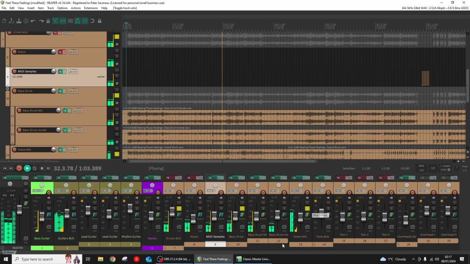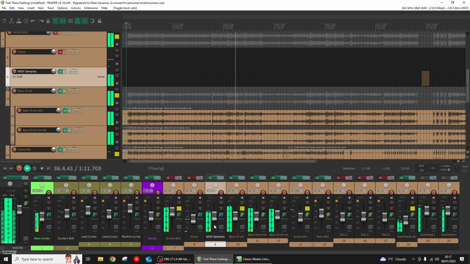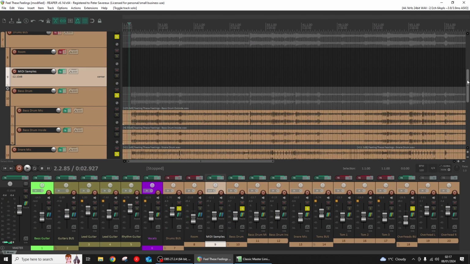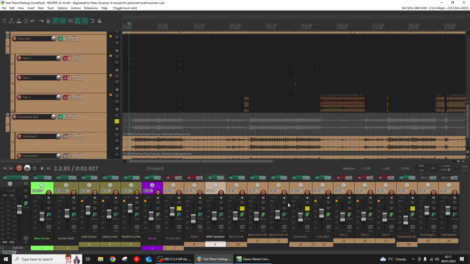So now we have the core sound of our kit, really, with the overheads as well. Yeah, it's a good sound. Now, when it came to your tom tracks,